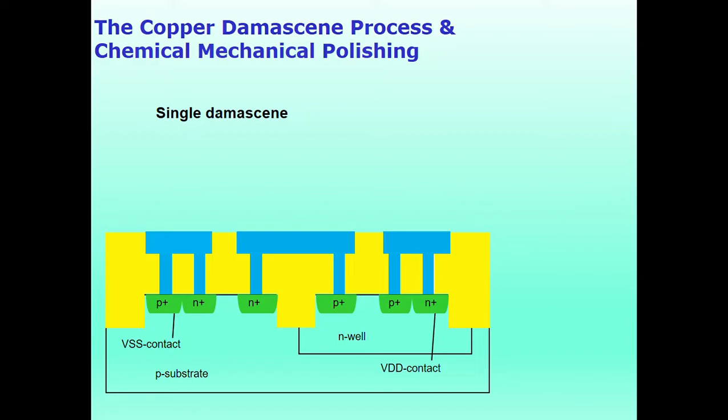This sequence of patterning, metal filling, and chemical mechanical polishing is repeated sequentially to assemble the multi-layered interconnect structure. So now I'm going to explain all this process as an animation here. So let's start the single Damascene process and the dual Damascene process.